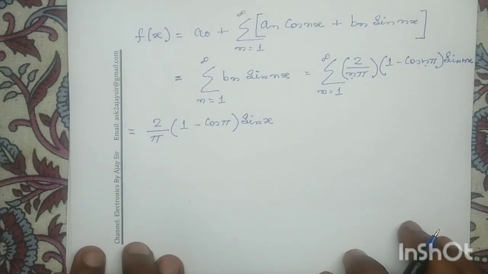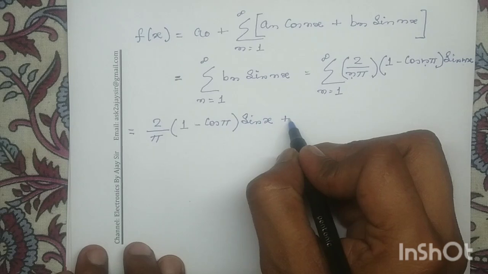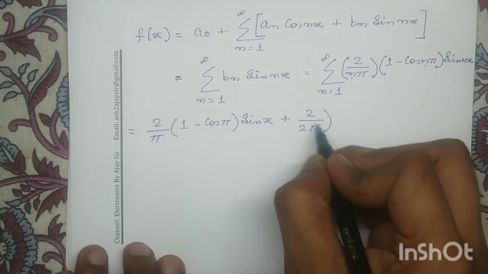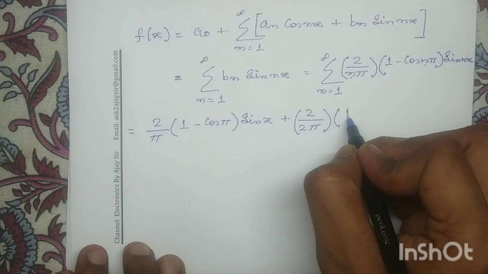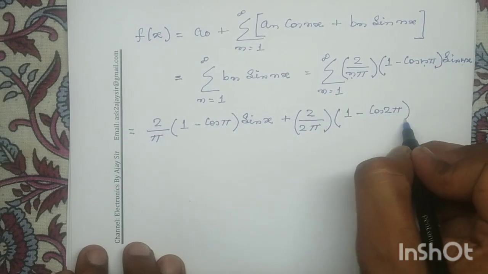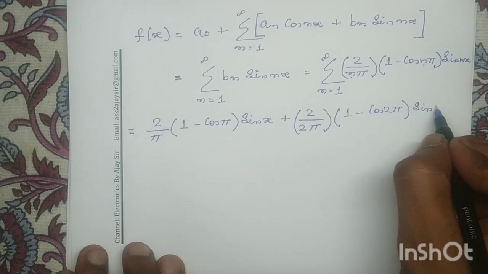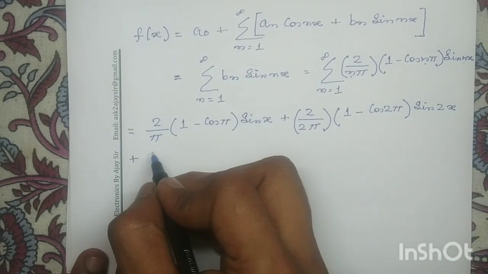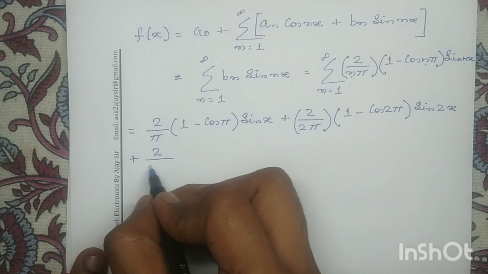Next we will write for n is equal to 2. For n is equal to 2, it becomes 2 by 2 pi, 1 minus cos 2 pi into sine 2x, plus for n is equal to 3, it is 2 by 3 pi